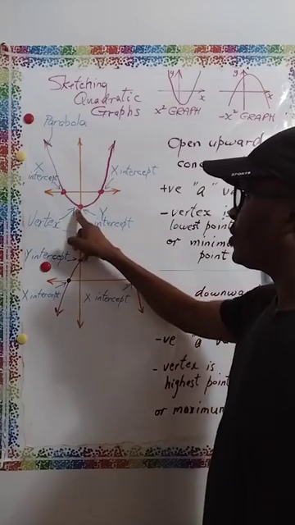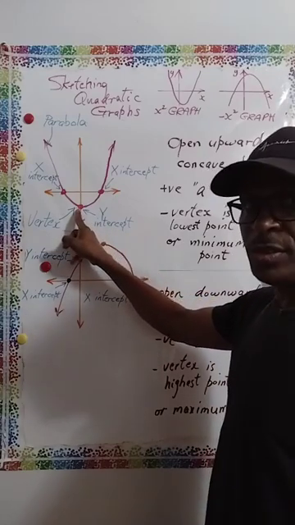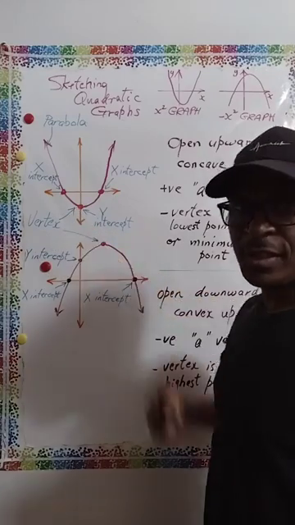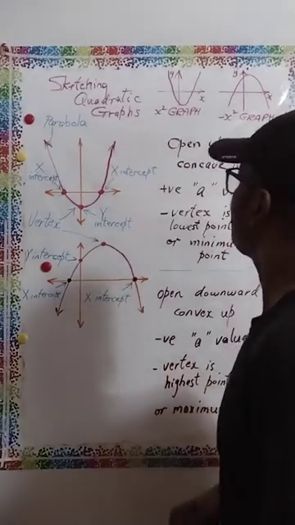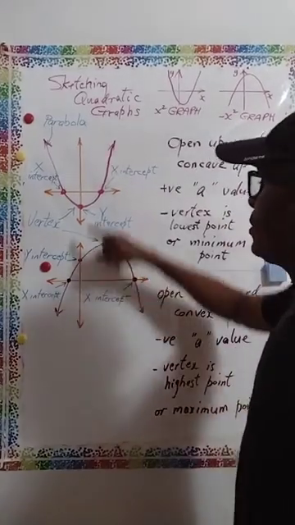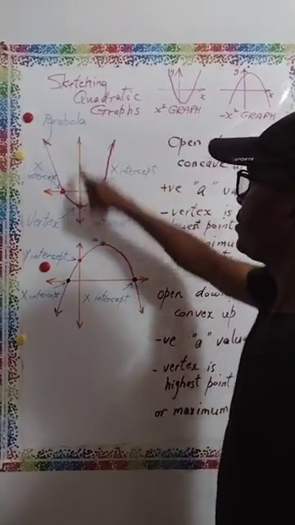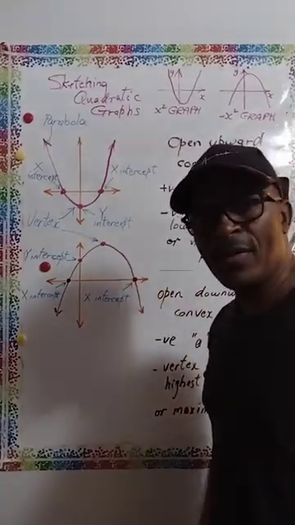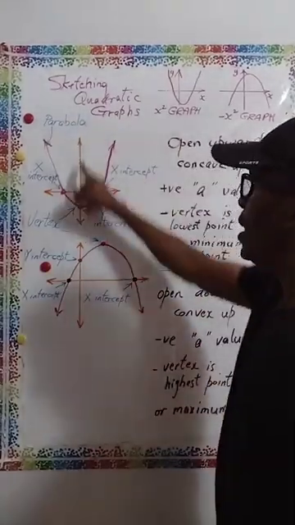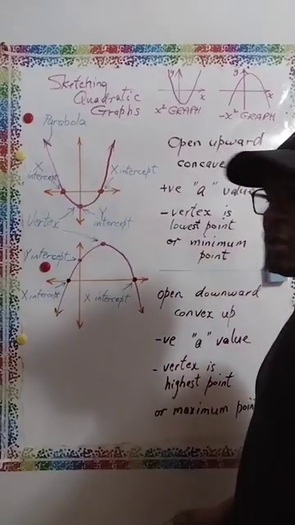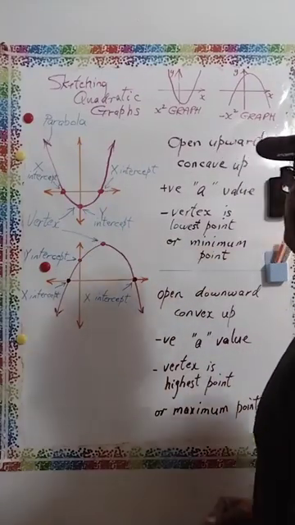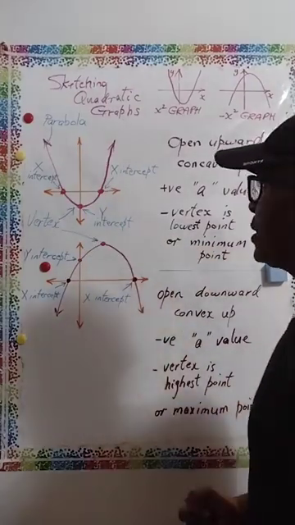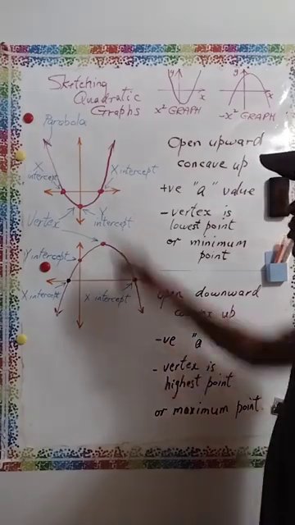Where the graph turns right here, where it turns, that's the vertex. So please note that, right? And if you look carefully, in this system here, the y-axis is the line of symmetry. The y-axis on this graph is the line of symmetry, as well as,